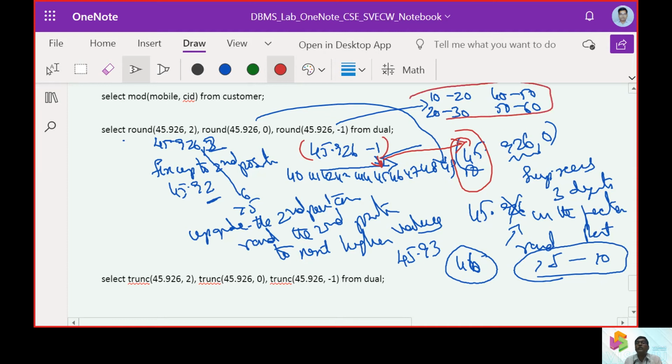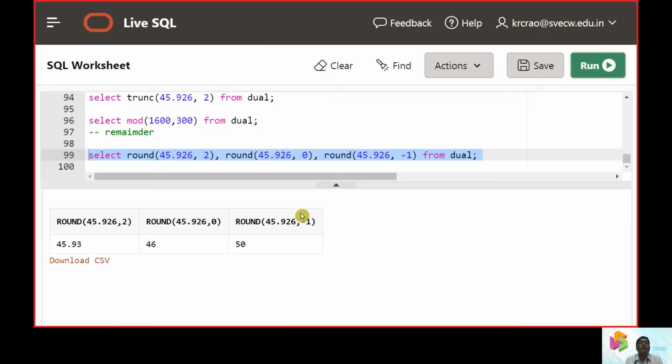So it moves in a scale. So I can call it a slab system, where 10 to 20 is a slab. So it is between 40 to 50 here. If it had been another value like 42, then it would have gone to the lower value. So just execute this and see what the answers will be. Now you can see the value moves towards 40.